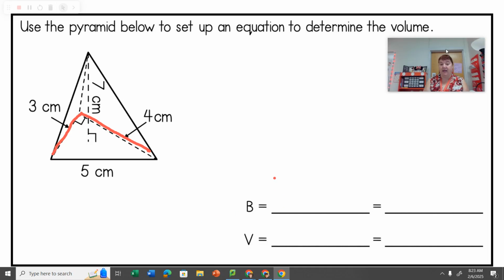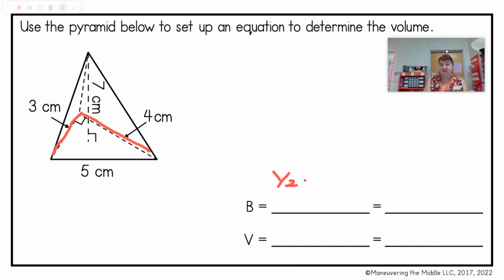So it's 1/2 of base times height. Remember that? 1/2 of 4 times 3. Now again, you could do 1/2 of 4. And that's going to be 2. And then times 3. So it equals 6. Or you could have said 4 times 3, which is 12, and then half of that. Divide by 2. Okay, so now we're going to do 1/3 of big B